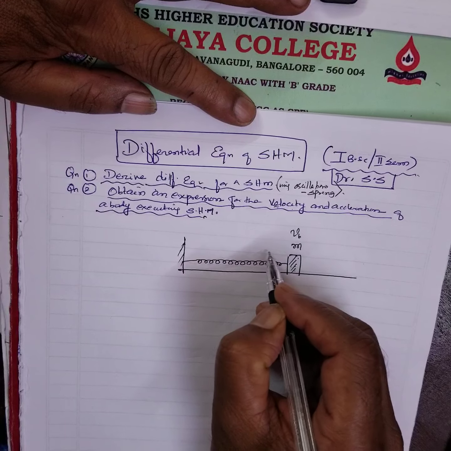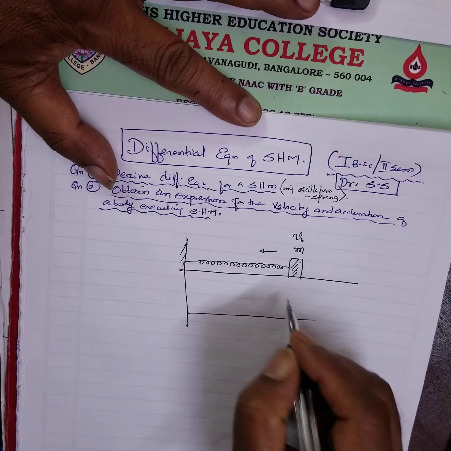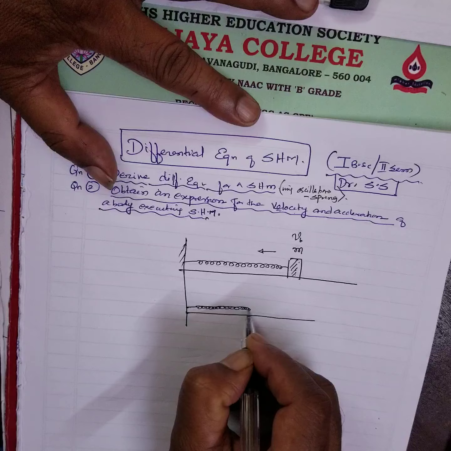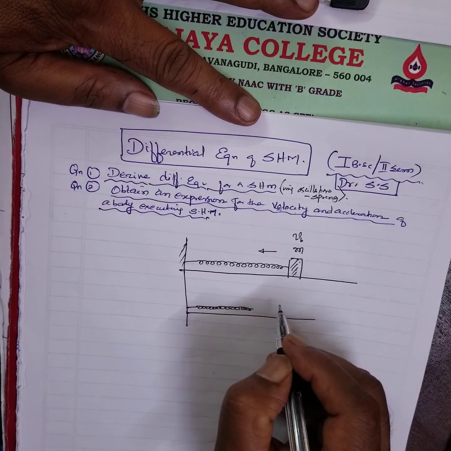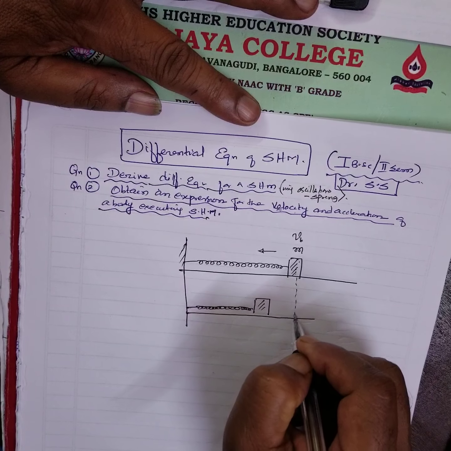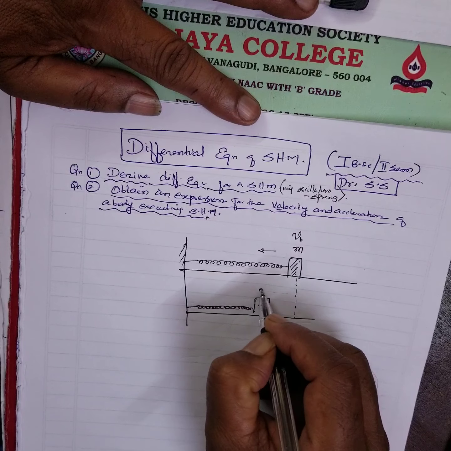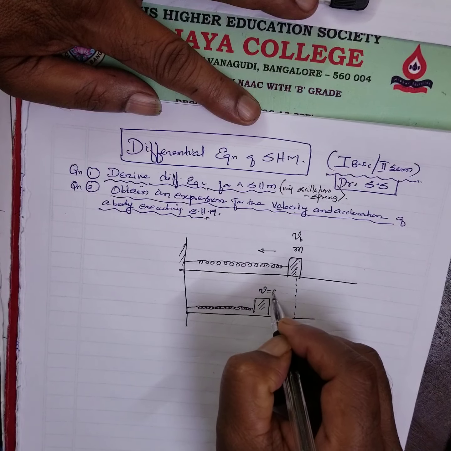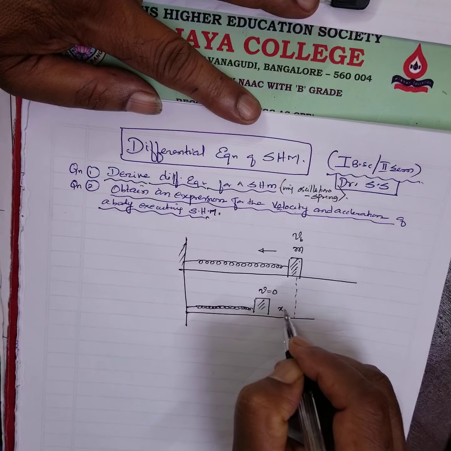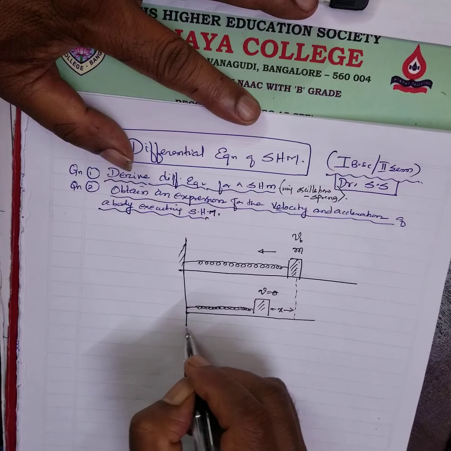As it moves in this direction, what happens? It compresses the spring. This is a second picture of it. It is completely compressed, the mass has come here. This was the original position. Now it is compressed such that after one particular time, the velocity becomes 0. It has moved through a distance, say x.